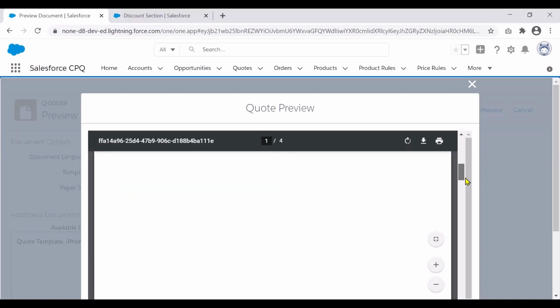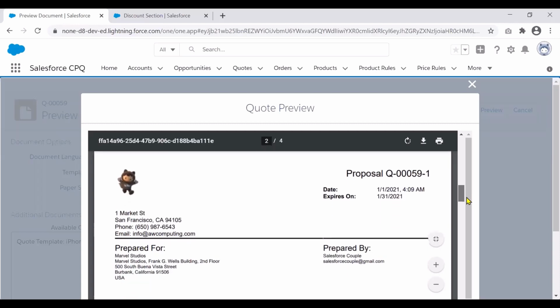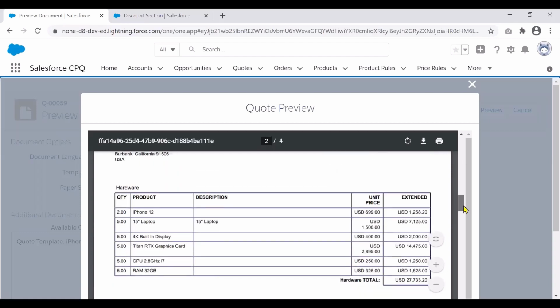And this is our HTML type of content that we built first. So if I scroll down even further, this is the other type of content that I built just to get the customer information. This is another HTML content type for getting the prepared for and the address of the customer and prepared by whom. If we scroll down even further, if you remember, we went and created the line item